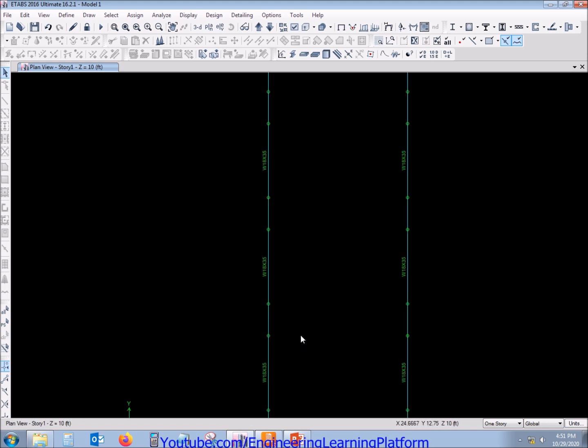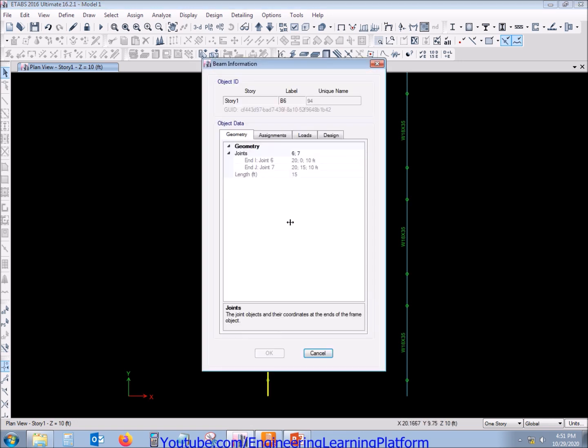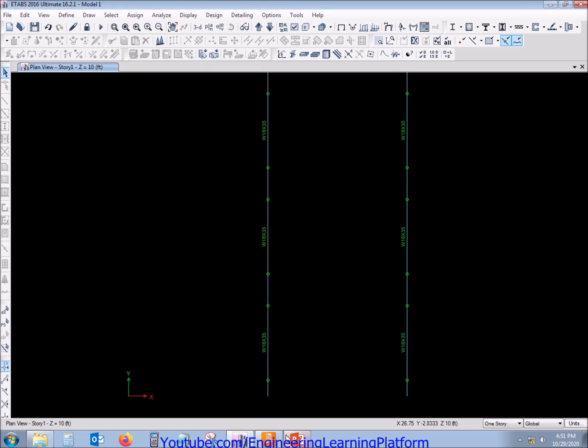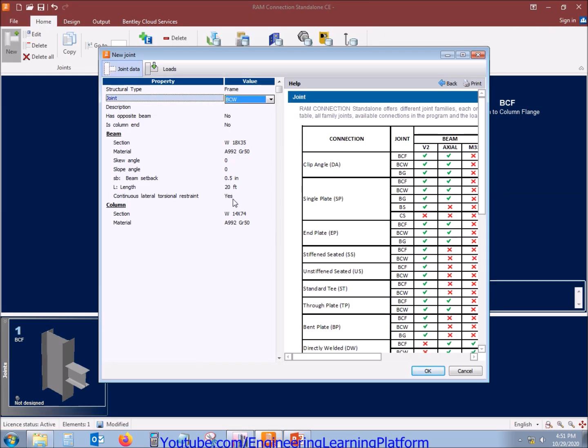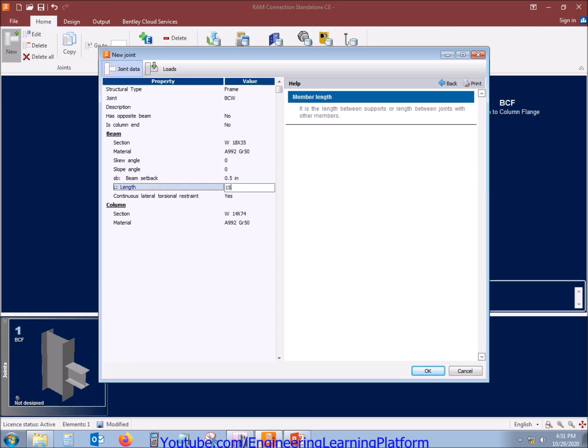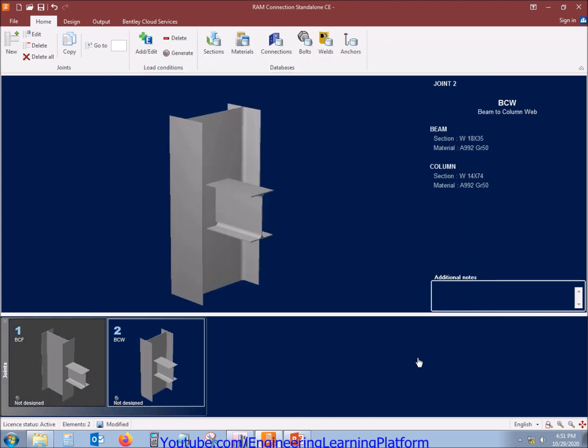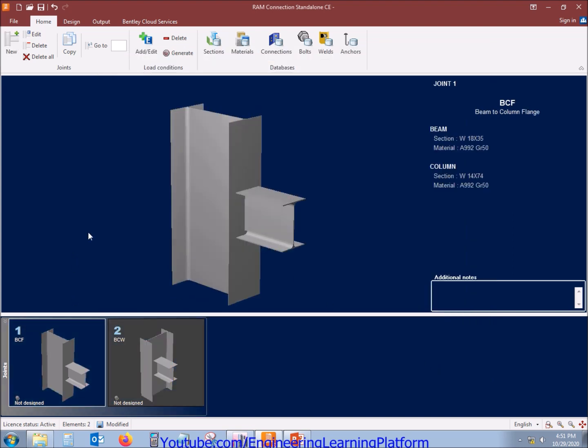Now the beams are visible connected to the column web. I'll be checking their length. The length of beam to column web connection is 15 feet. Okay, now we have defined both beam and column.